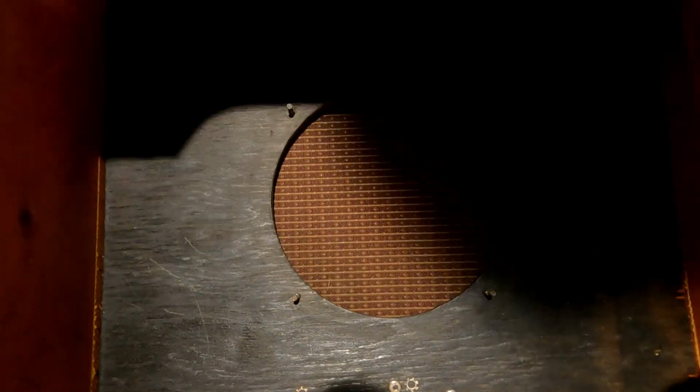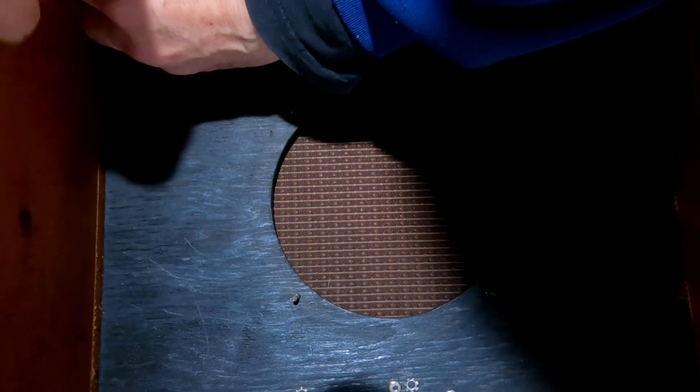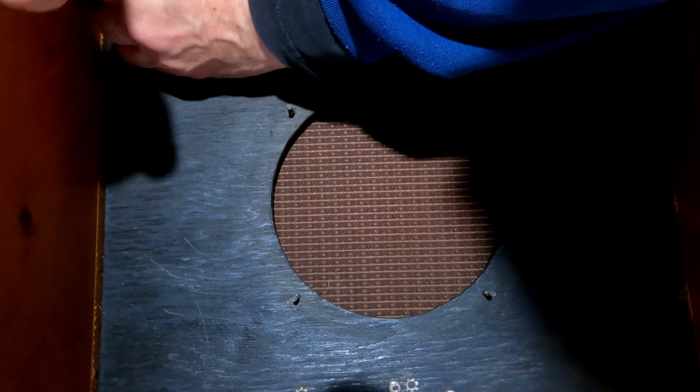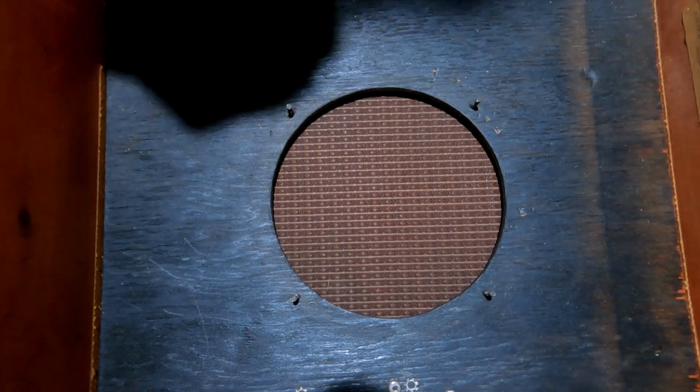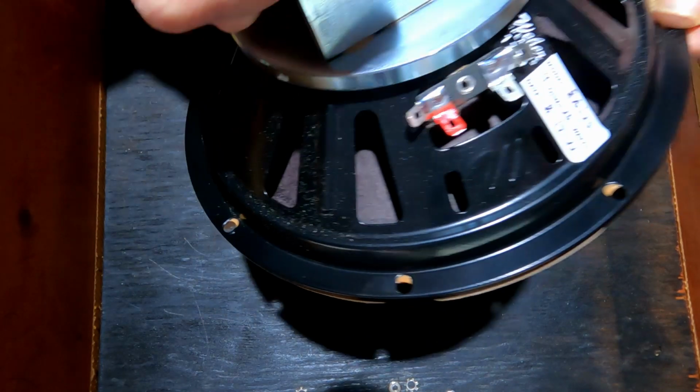Now, while we have access, let's tighten this up. Yep, as we thought, these have just rattled loose over the decades. Yep, loosey-goose. It'd be just so annoying to go to all of this effort and then have the speaker rattling, or the speaker baffle rattling against the cabinet. Good. Put this here, and we're going to very carefully,